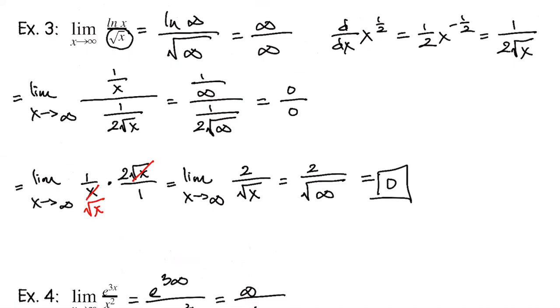And the reason why I chose this question is because I think a lot of times we're like, oh, if I see 0 on the top, then I'm going to use L'Hopital's. But the reality is you have to check, it has to be a 0 on the top and a 0 on the bottom, okay? So 0 on the top and 0 on the bottom. But if you get 0, that's an okay answer. It's okay for a function to be approaching 0 as a y value. It is x to the negative 1/2, but I wrote it on the bottom, so it's already to the negative 1/2.